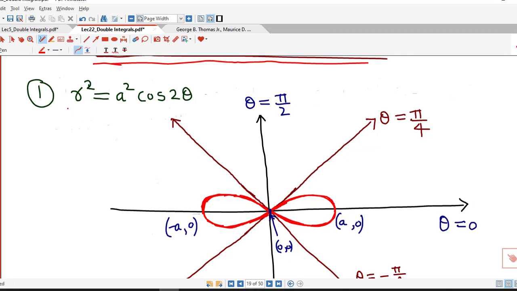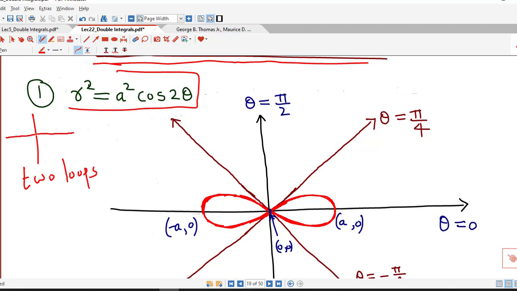First one is given by r square equal to a square cos 2 theta. This lemniscate has a graph which consists of two loops. There are two loops in the graph. You can see here that your graph is having two loops. This is one loop and this is another loop,